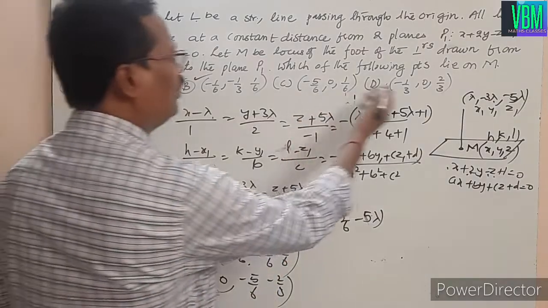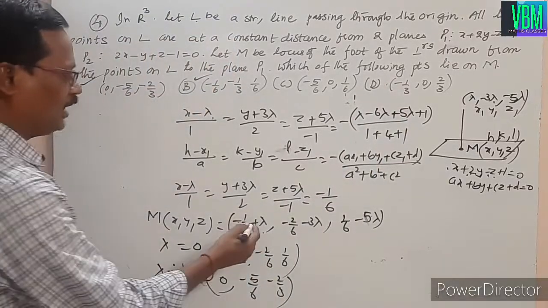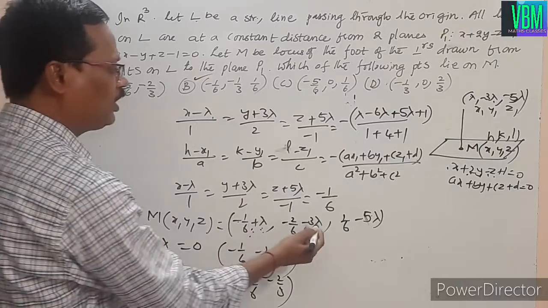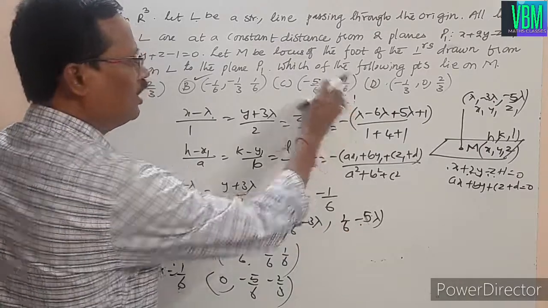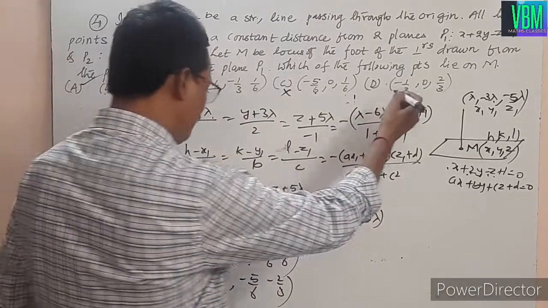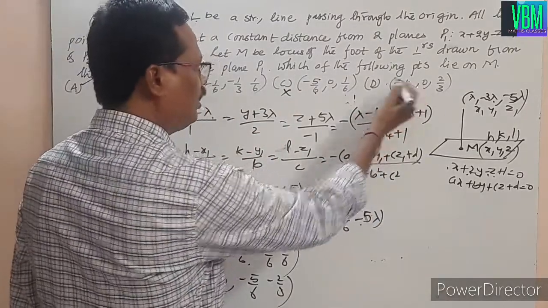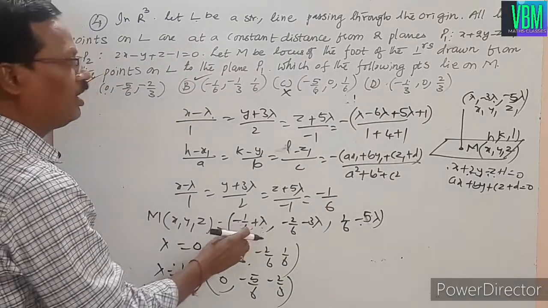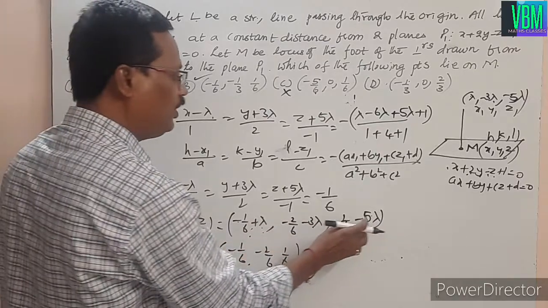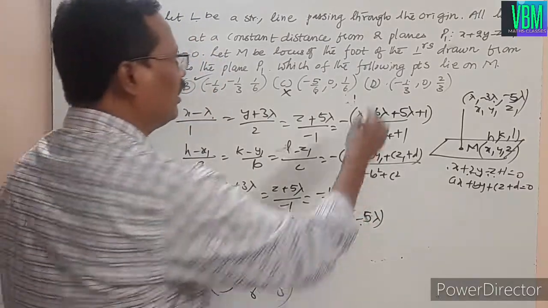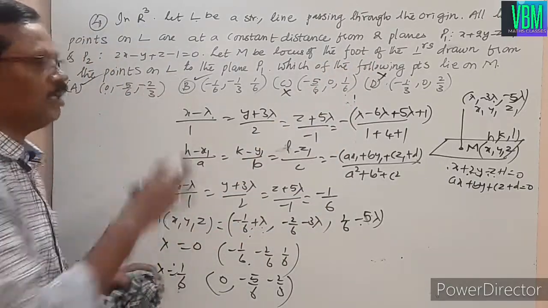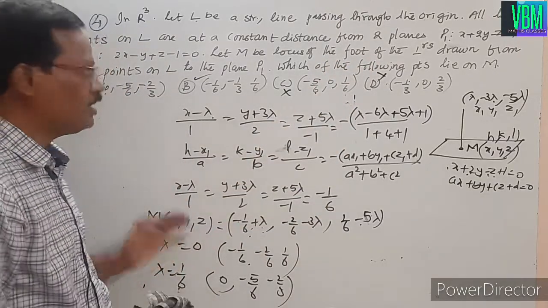Can we get any other? You can check it. This x coordinate is minus 5 by 6, right? You get the lambda, keep it in this, you get the remaining coordinates. If you don't get it, that is wrong. And the x coordinate we want is minus 1 by 3. Now take this x coordinate minus 1 by 3, you get the lambda. Keep it here, you are not getting it like that. That is why D is wrong. D is not on this locus M. Therefore, these are the 2 points on the locus M.